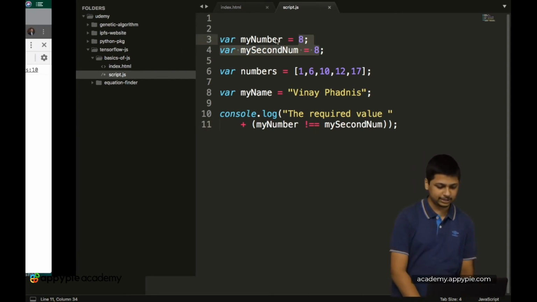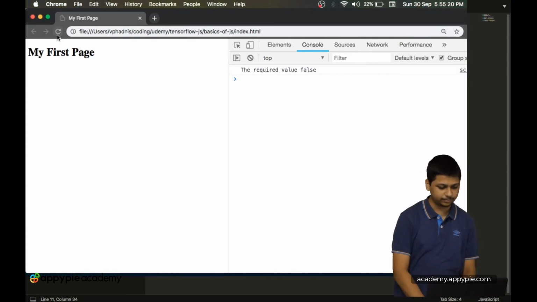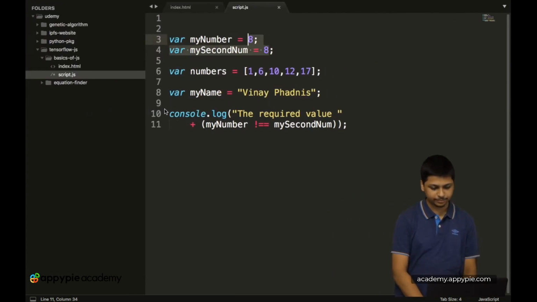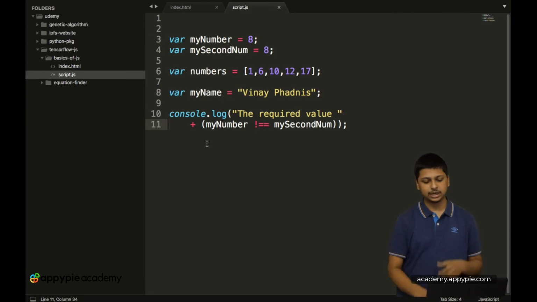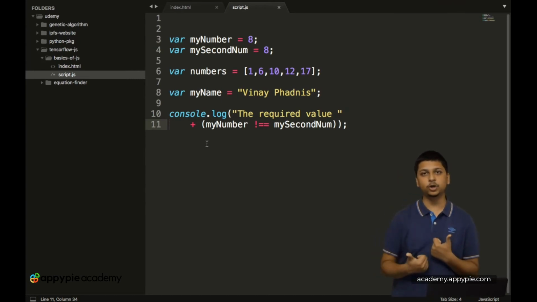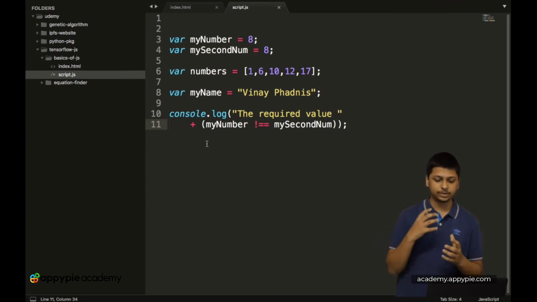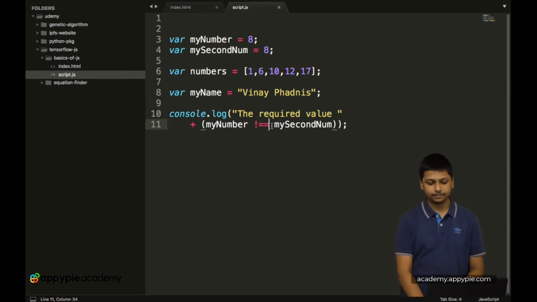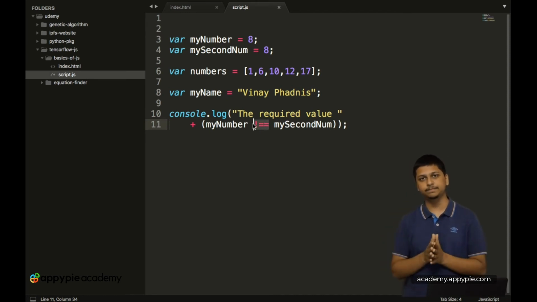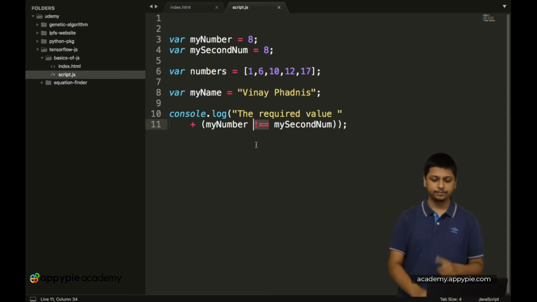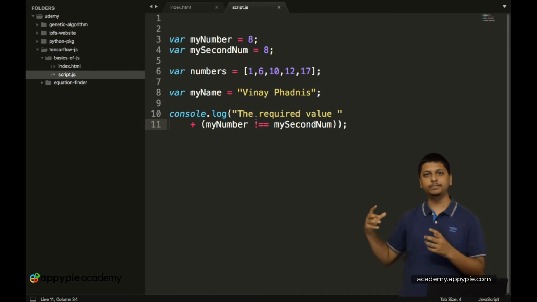But now let's basically run this inside the browser. So let's reload it, and now as you can see, the output which we are getting is false. Okay, so now what this particular thing is checking is the value of my number and my second number, then comparing them together, and over here we are adding the not operator, and the not operator basically reverses the value.